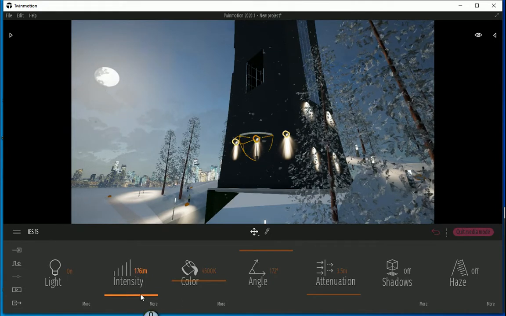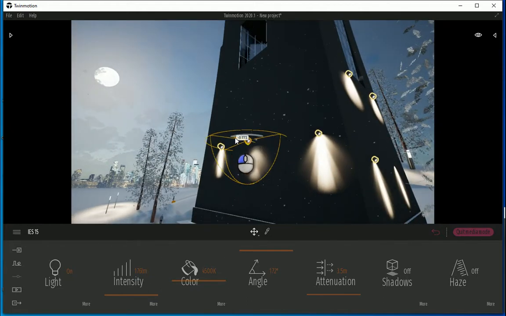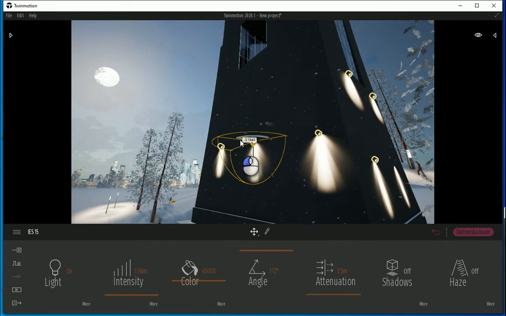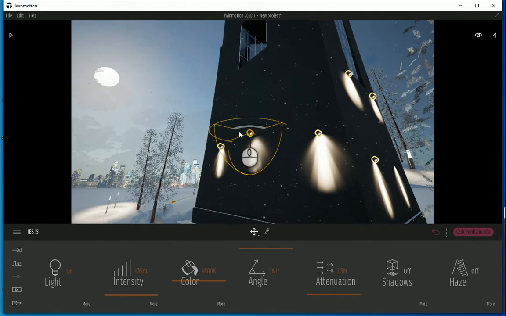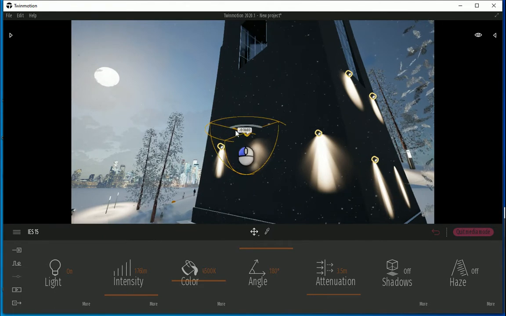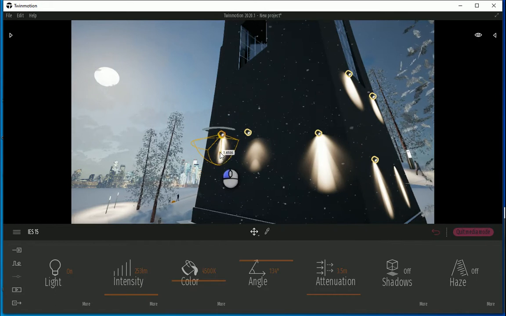I'm gonna continue with the rest of the lamps. Notice that you can also move the lamps away by going in this direction. Oh, this is a better approach, okay. Right, so I wanna maybe move this up. I wanna change the angle. And if you hover your mouse around this axis, you can move it away from the building. Okay, I should do this for the rest of them.